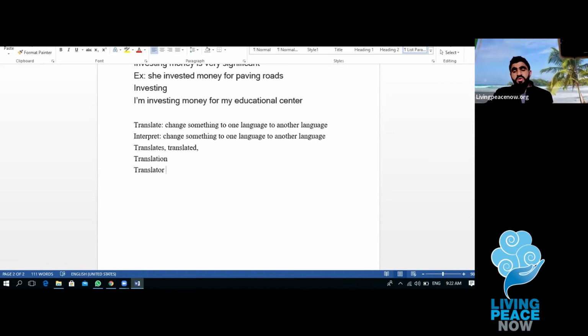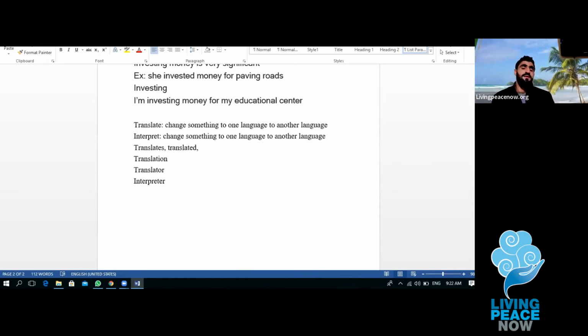Translator is the person who is changing text from one language to another language, and another one is interpreter. I'm sorry. Interpreter is the person who changes speech from one language to another language. This means interpreter, and translator is a person who converts text from one language to another language. That's the difference between translator and